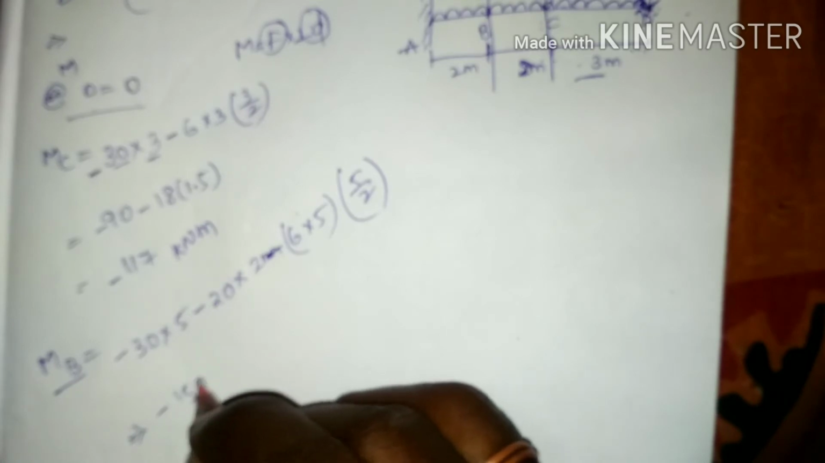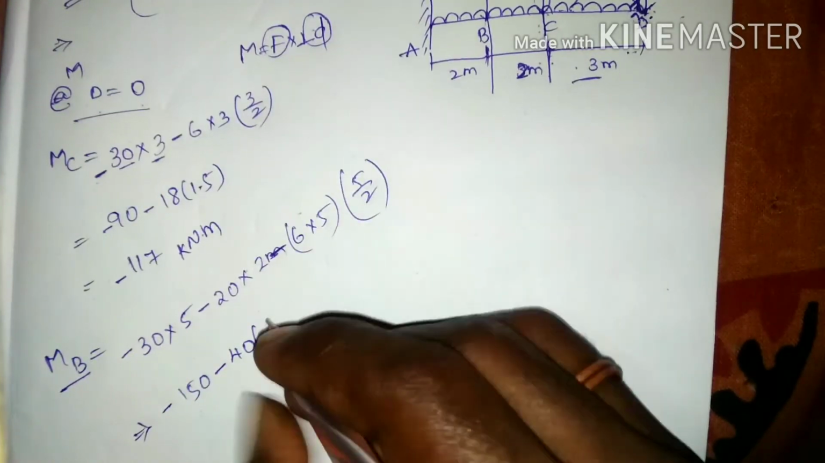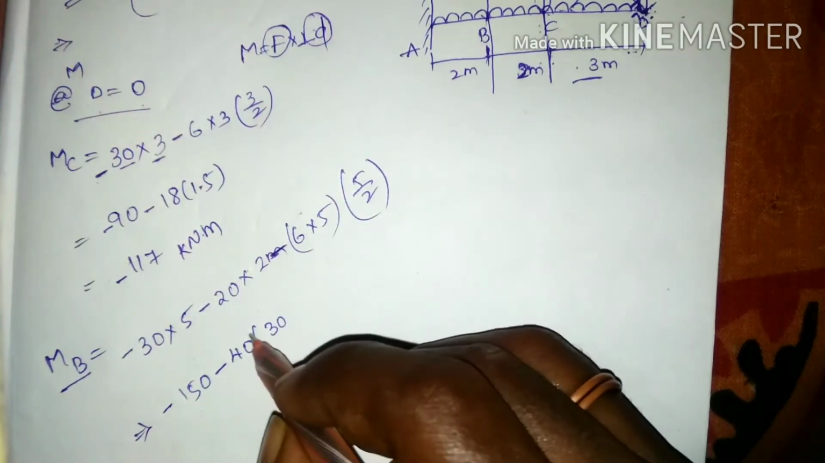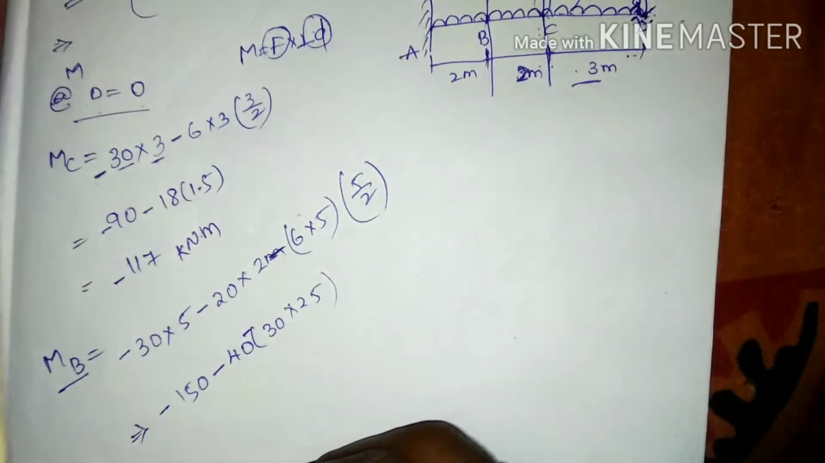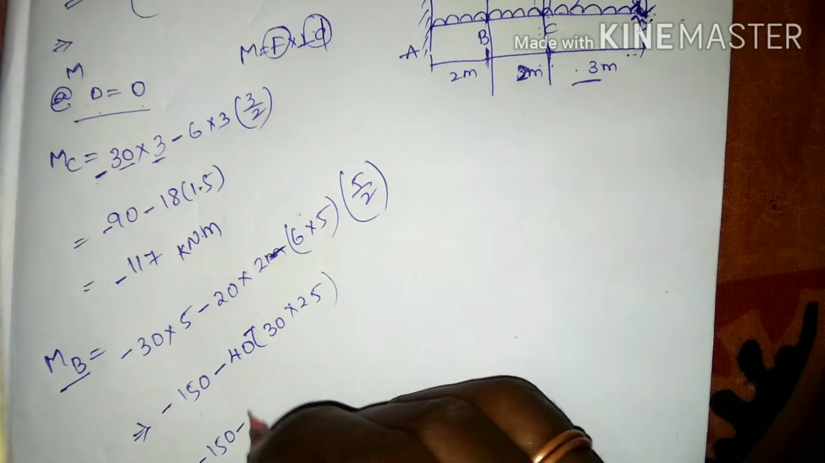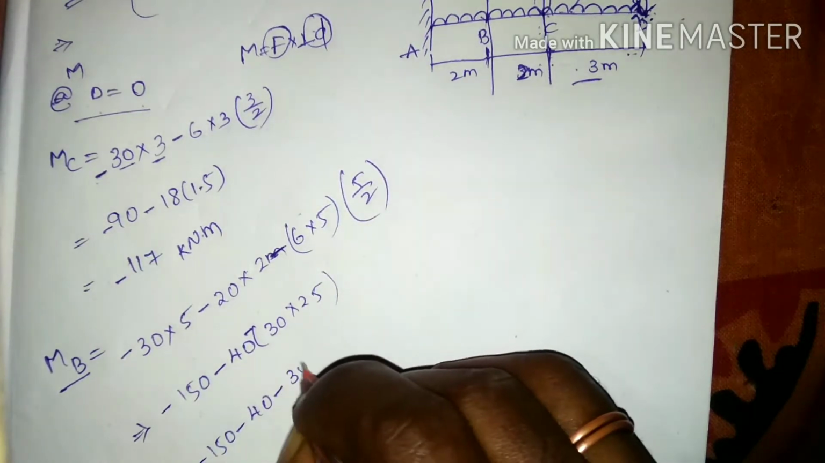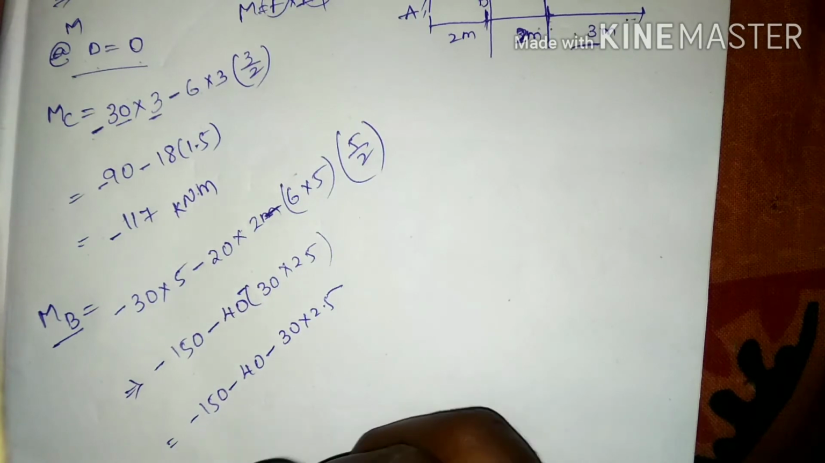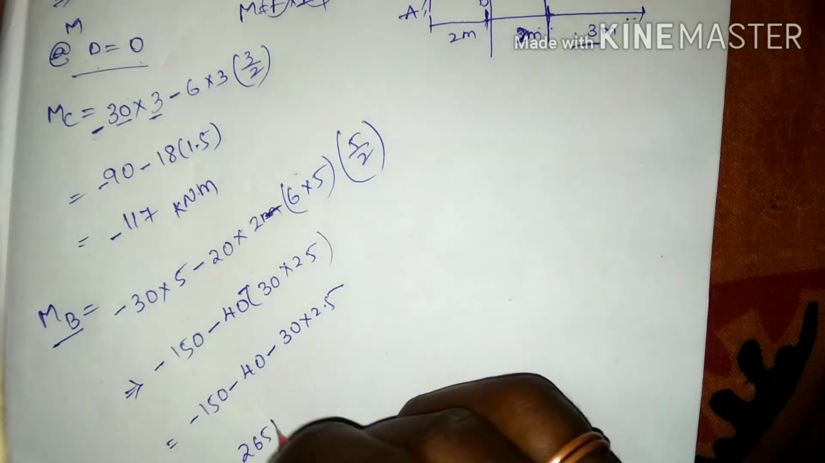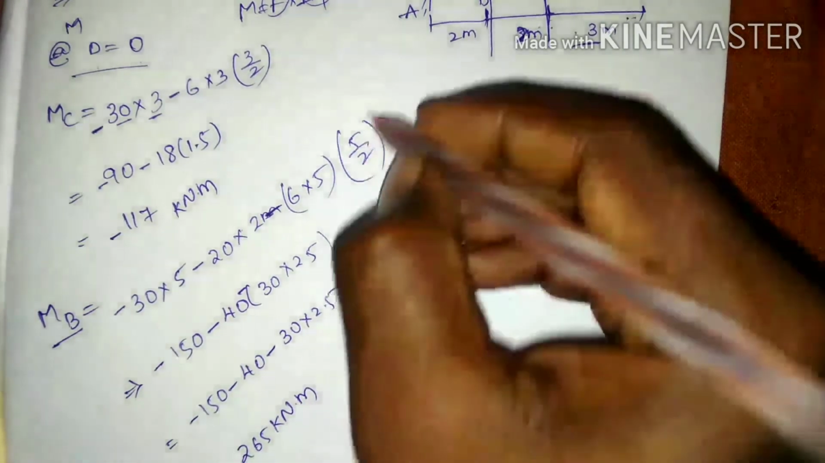minus 150 minus 40 minus 30 into 2.5, that gives rise minus 265 kilonewton into meter. Then